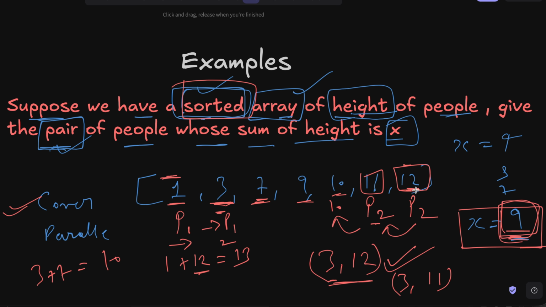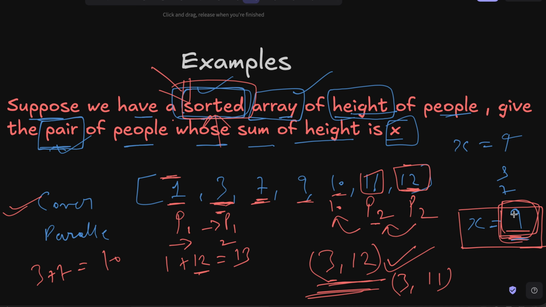We skipped 10, 12. And this happened by the given condition, that is the sorted array condition. So we did not actually skip these pairs deliberately. They just got skipped automatically because we used the given condition to decide how we are going to move the pointers. And while moving the pointers,